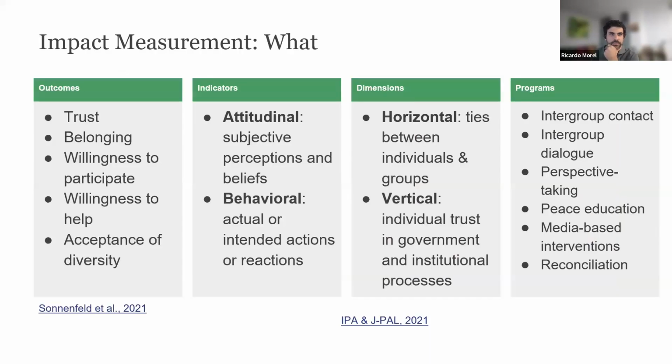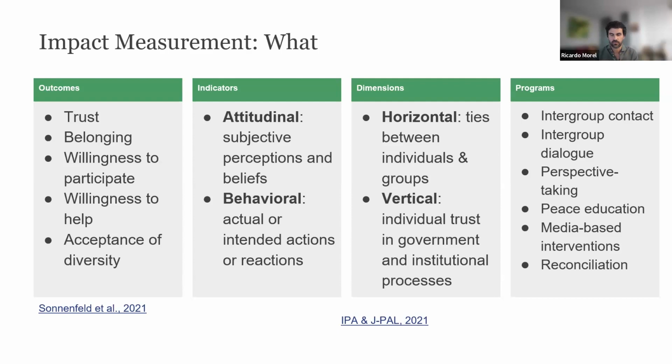Next slide, please. In this slide, I want to show you what we think when we want to measure social cohesion. One point is to think about outcomes. There are different ways, different definitions, but we are following one here as an example, from a report by Sonnenfeld and co-authors for 3IE. They identify 5 outcomes, which are trust, sense of belonging, willingness to participate, willingness to help,